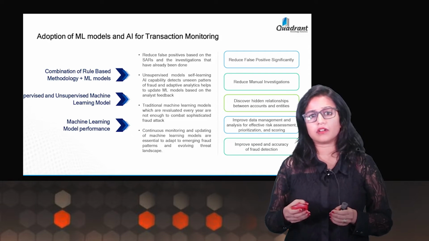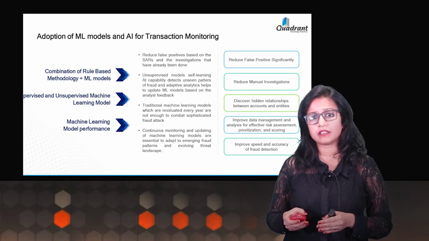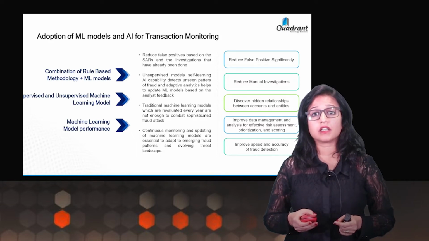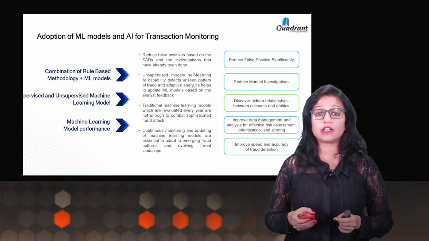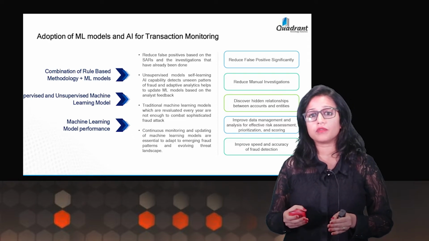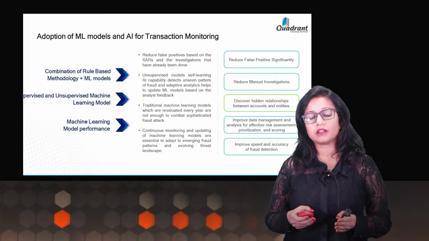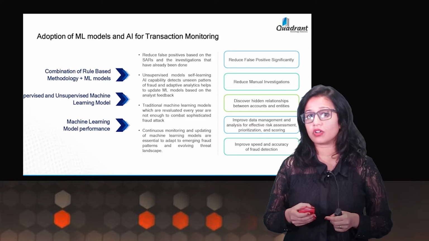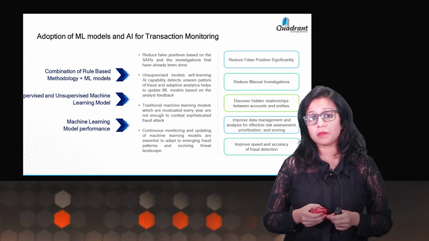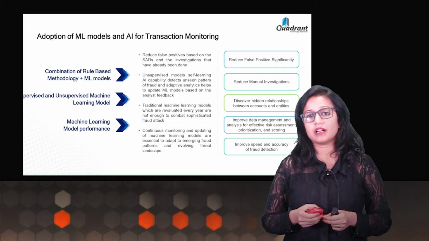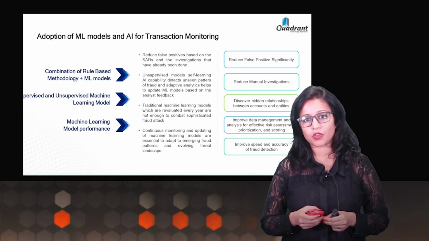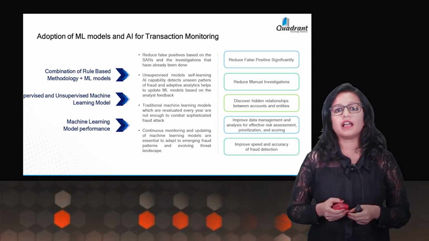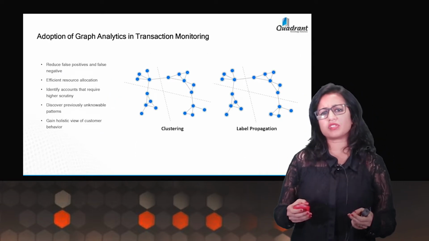Reduction of false negatives, reduction of manual investigations, discovering hidden relationships between entities, performing risk assessment, prioritizing, and improving the speed and accuracy of fraud detection is also being led by these emerging or other advanced technologies, and ML is one of the key drivers in this particular space of transaction monitoring. So now let's go to the next slide and look at some of the most interesting and